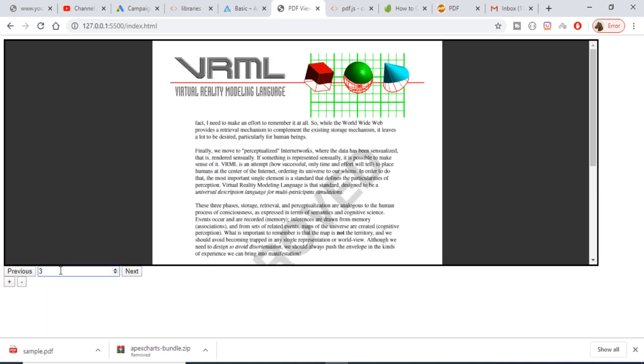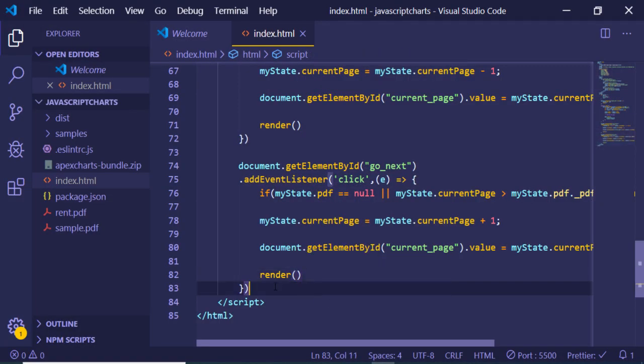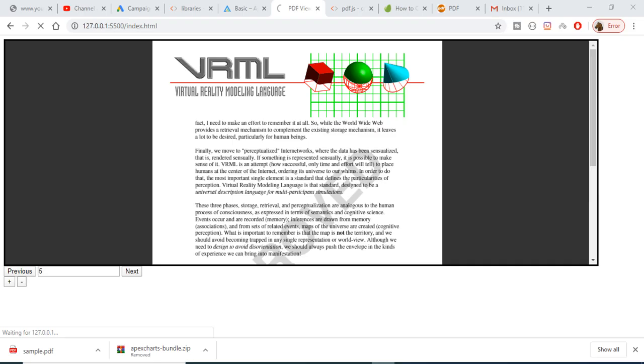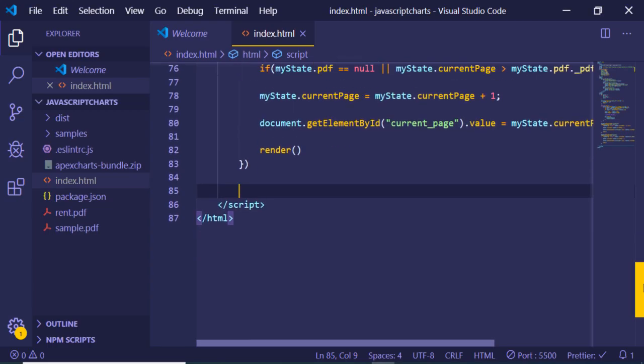Now we just need to go back into this input field. I want to enter a page number, and then I want to click enter, and then I want that page number to be opened in the PDF document. For that we just need to bind another listener, which will be on the current page. The current page is the input field, so we just need to bind a key press event here inside this. So we will just write